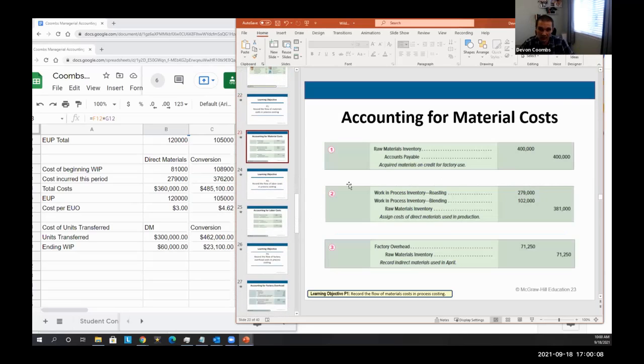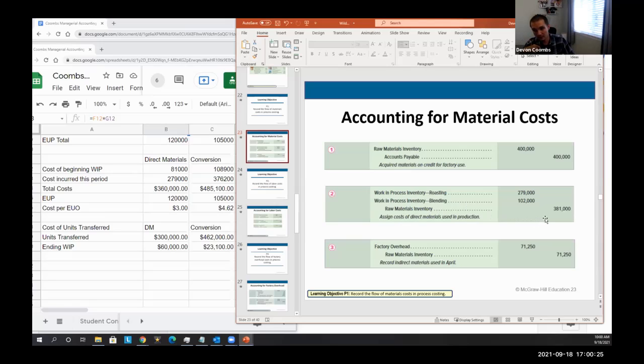How do we record these as journal entries? The journal entries are just when we're paying for things or when we incur a cost, we debit the inventory and then credit the payable. And then when we transfer items out,